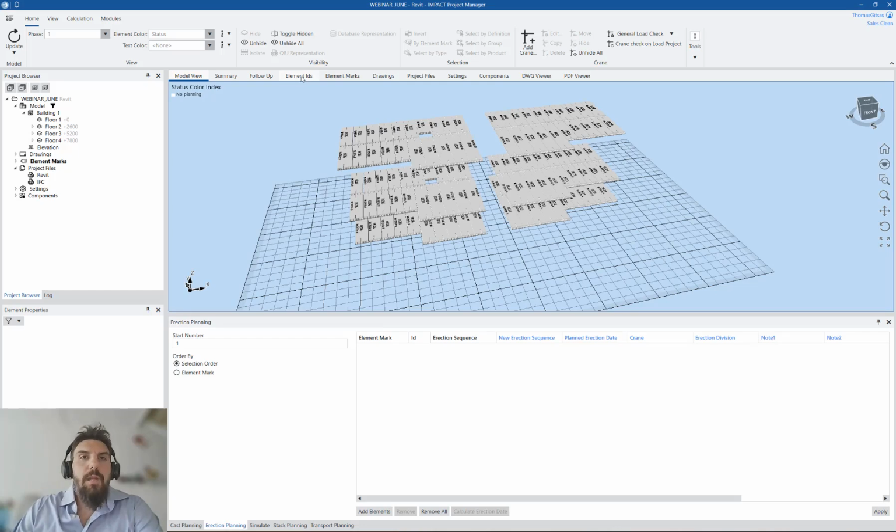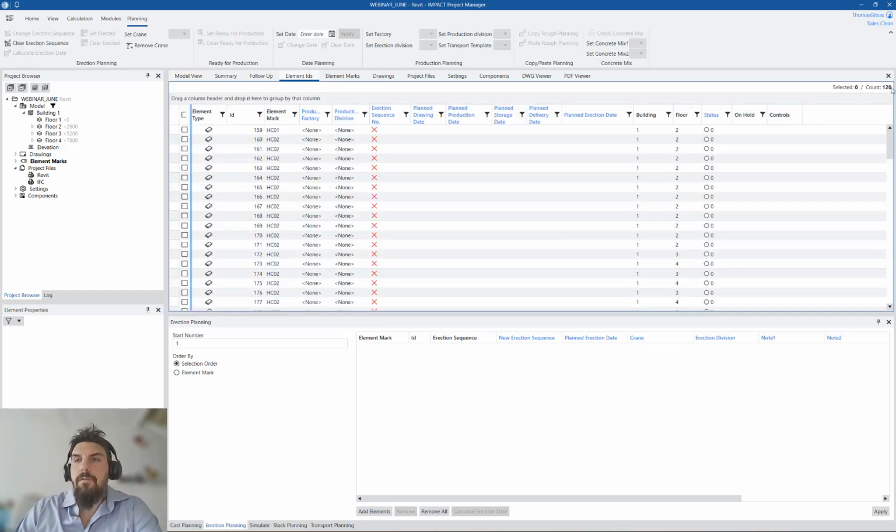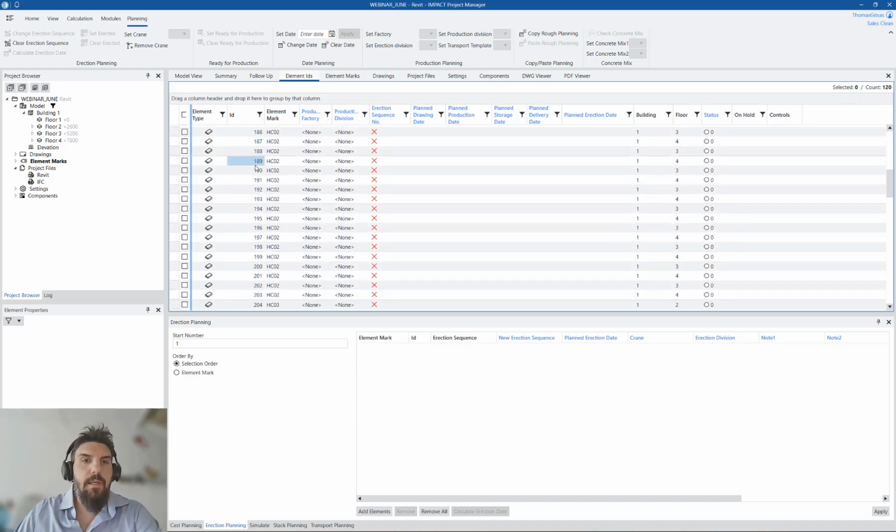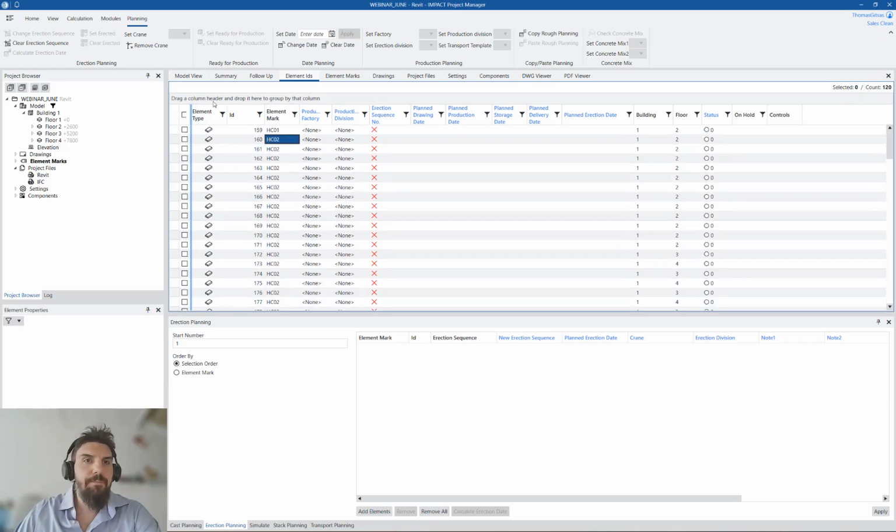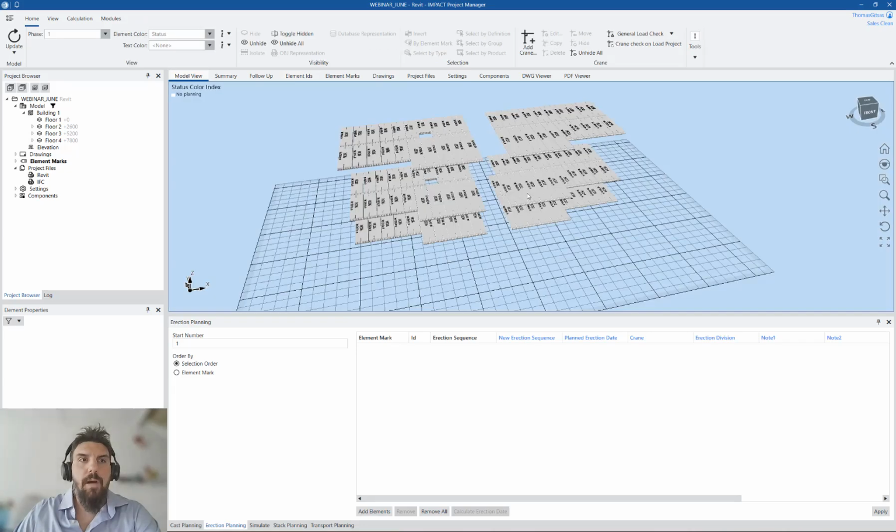If we want to see how many elements we have, we can see here we have 120 elements in this type. Every element is unique, even though they have the same element mark, and the uniqueness of the element comes from what we call the element ID. The element ID is the data every element gets automatically from Impact when an element is created in the database, right? So going back to my model view,